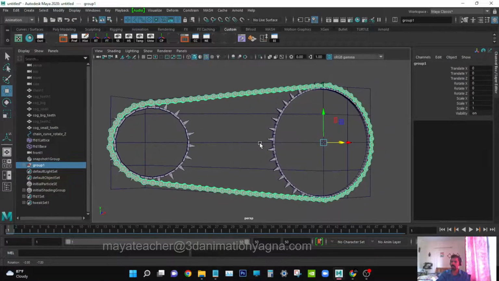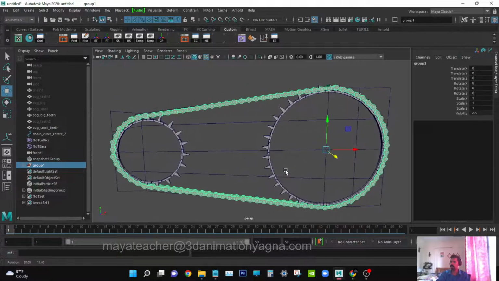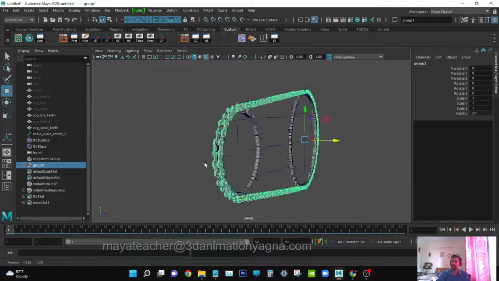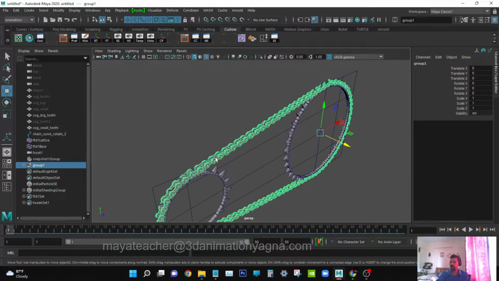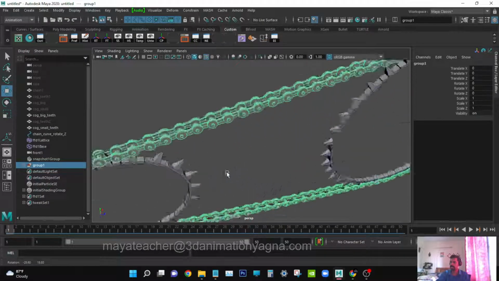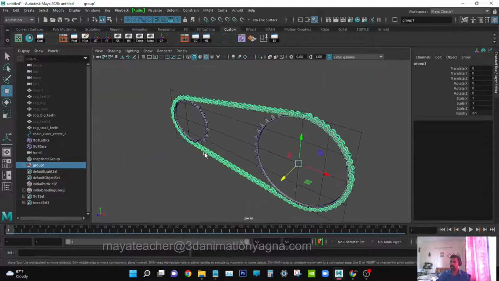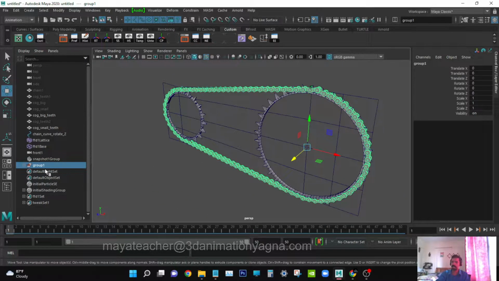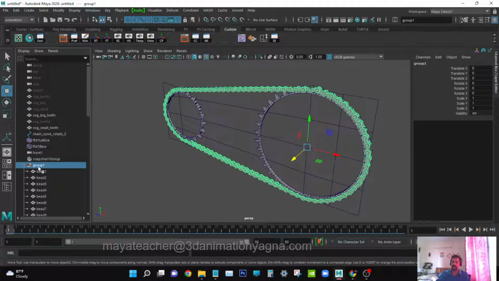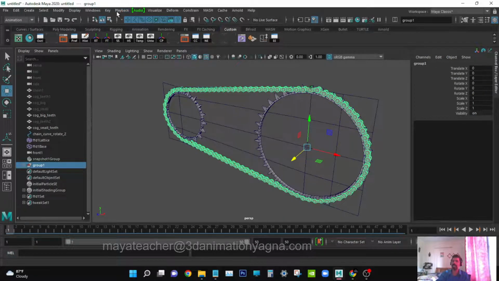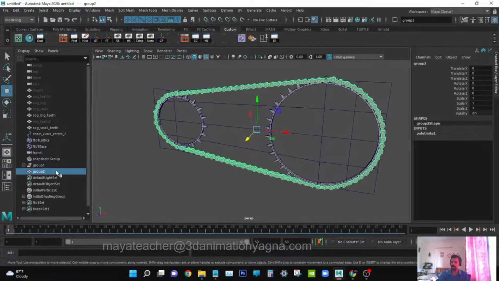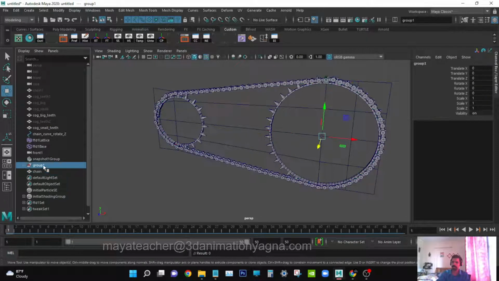And now we are going to combine this. Let's check before combining whether it's okay or not. Okay, I feel okay. Now combine these beads. You have to combine to make it as a single mesh. Go to modeling module, mesh, combine. Now it has become a single mesh. Rename this as chain. Can delete the groups,